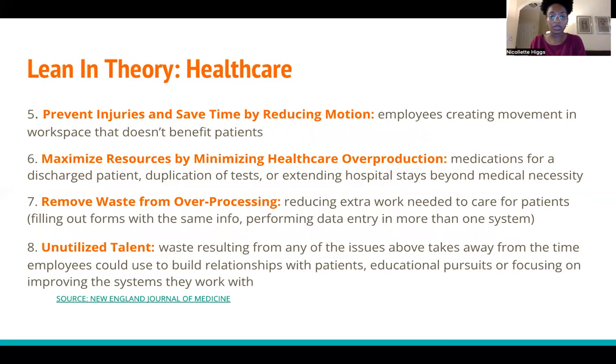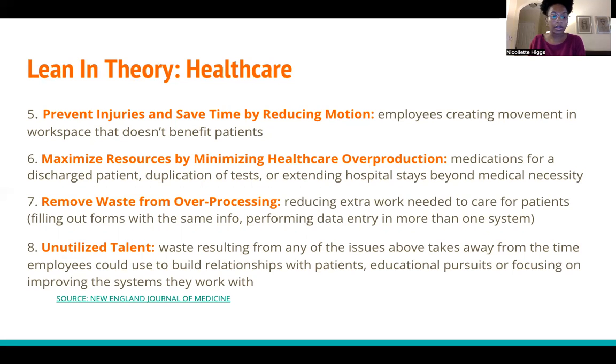Number five is to reduce motion, specifically for employees. When they're dealing with patients, they tend to be lifting or moving or adjusting things all the time. And if they injure themselves, that's also not beneficial to the patient. Number six is involving maximizing resources by minimizing healthcare overproduction. So this involves a duplication of tests or having a hospital patient stay there at the hospital longer than they